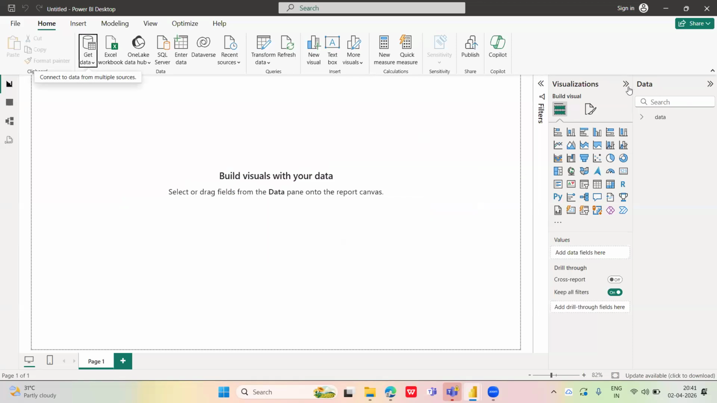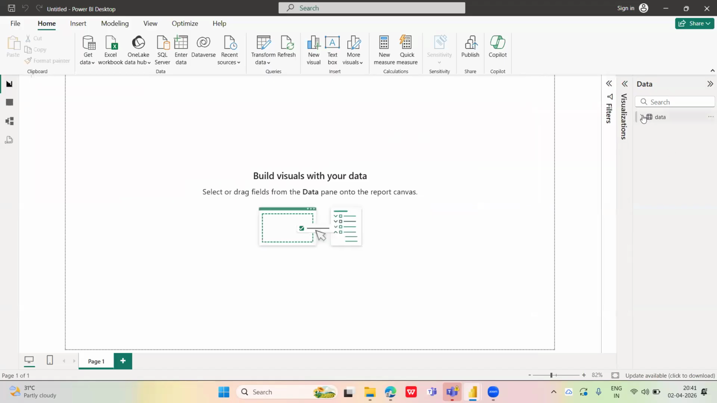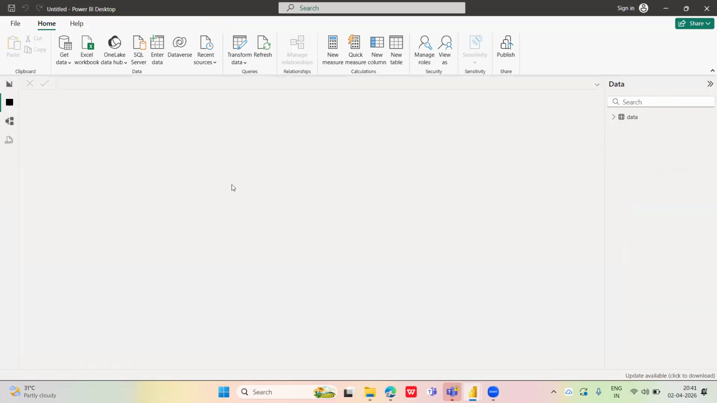Now you see, in the data pane we have our table here. These are all the sheets that we have in our Excel file. This is the report view, and this is called table view. Once you select the table in data,